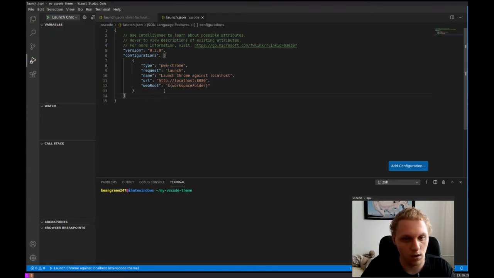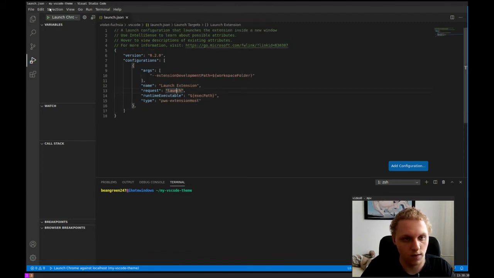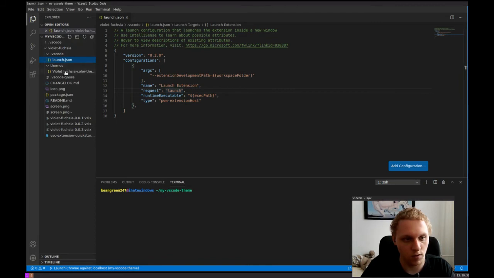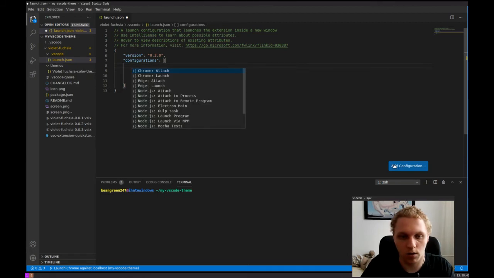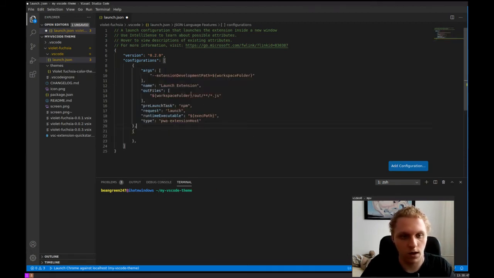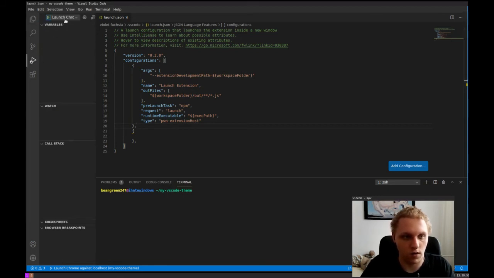Okay, so here's the thing. It created this launch.json VS Code thing. That's not what we are after. We're actually after this thing right here. What I would recommend is to just get rid of everything in the configuration file if it doesn't work. Click add configuration, and scroll down. You should see VS Code extension development. You add that in, you save it, and you go to the debug, and as you can see,